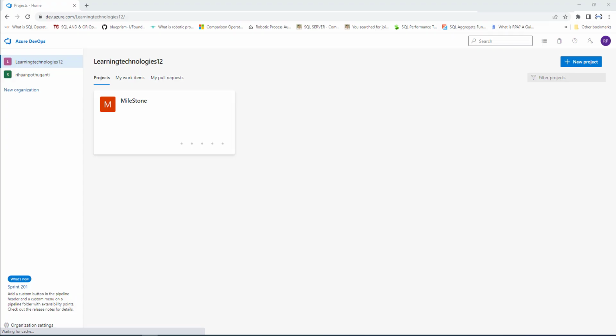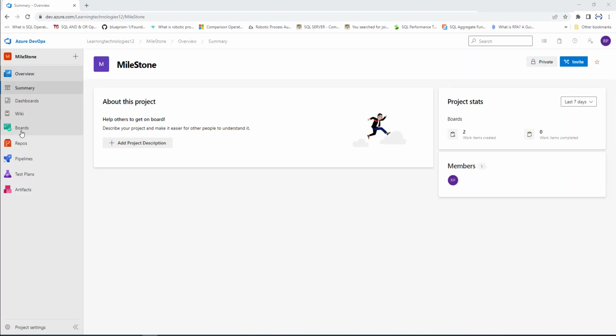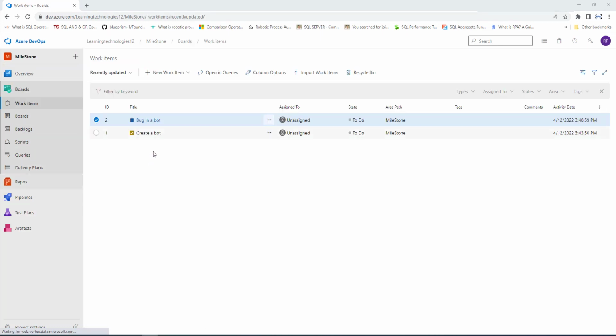All right. Now, if you go back to the organization that is Learning Technologies tool and then if I'm going to the milestone is my project. Inside that, I'm going for the boards and work items. Let's click on work items. There you can see previously we have added manually 2 work items. That is work item ID 1 and 2. One is task, another one is the issue,